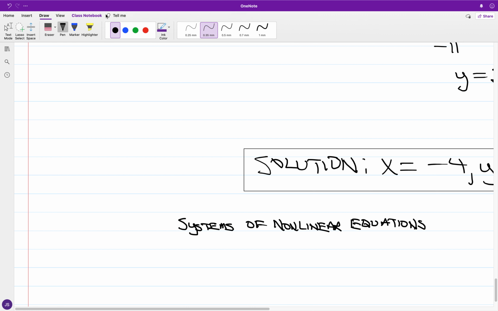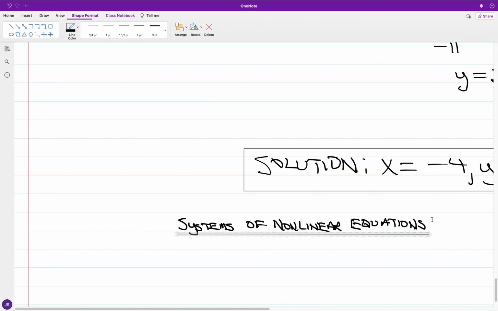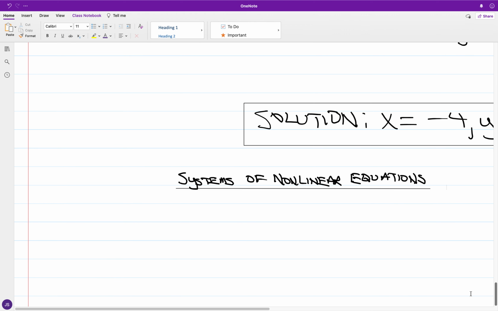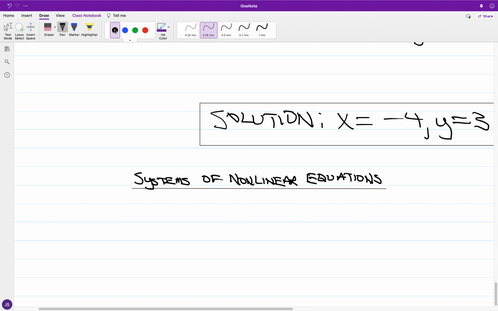For systems of nonlinear equations, what that means is that we have either x or y or both expressed as variables that are no longer raised to the first power. And we'll say that if I'm looking at solving for x and y, now we'll say that for this system,